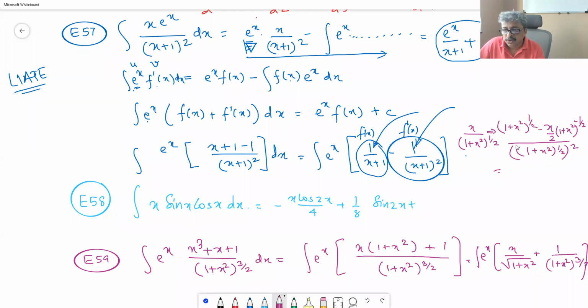So what do you get? Do you really get eventually this term? That is the question. So it is 1 plus x square root 1 plus x square plus x upon 2 root 1 plus x square